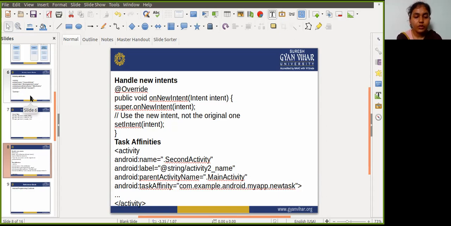So use the debugging, testing, and profiling capabilities in Android Studio to help you find and resolve all these problems.